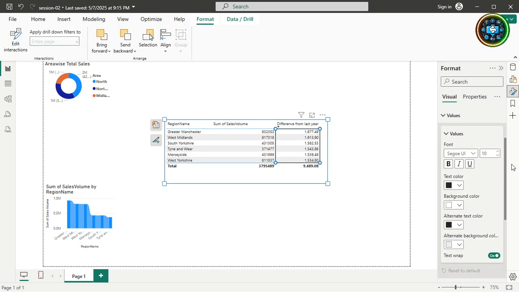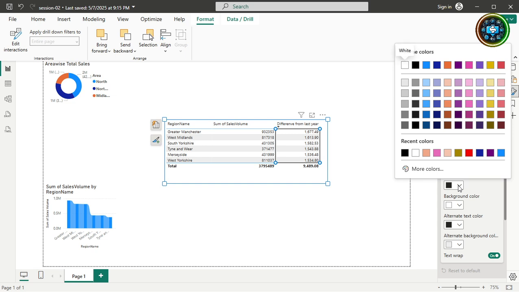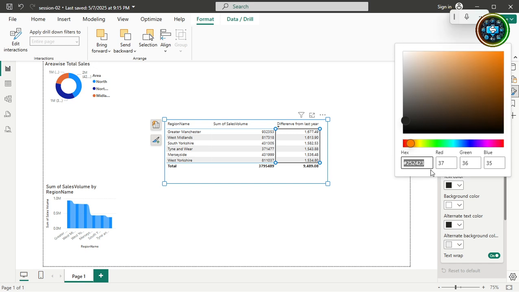Okay, this text color, I don't like all these options, right? Only these particular options are available. I don't like this color at all. I want something else, a different color. I have 10 colors, but do we have only 10 colors? We don't have anything else other than this? It means yes, there is an option. You can just click on more colors and you have this option. You can just simply choose this, and you can